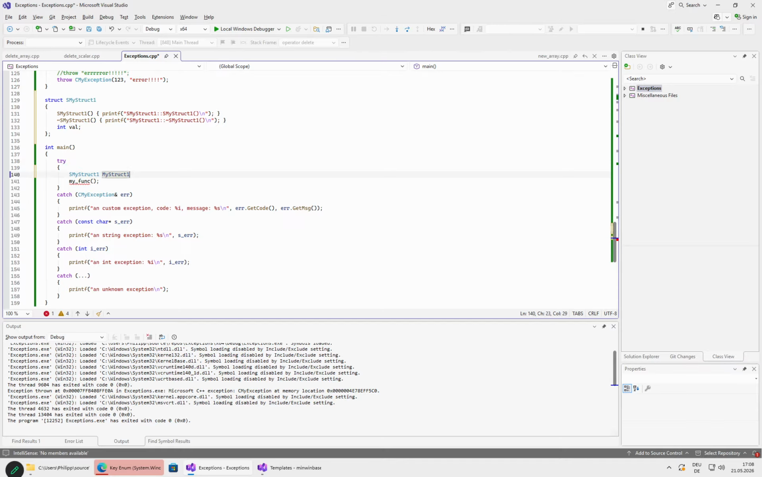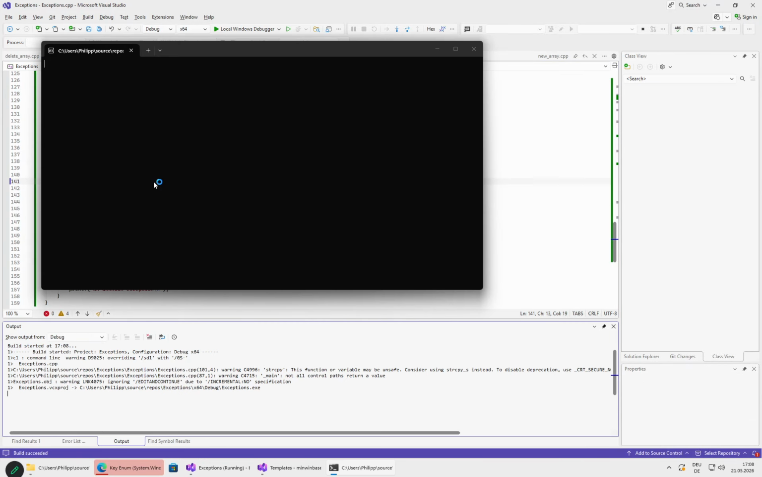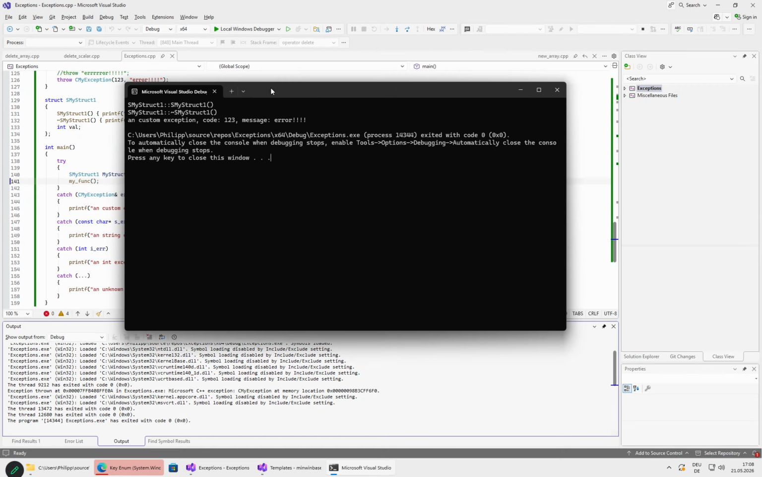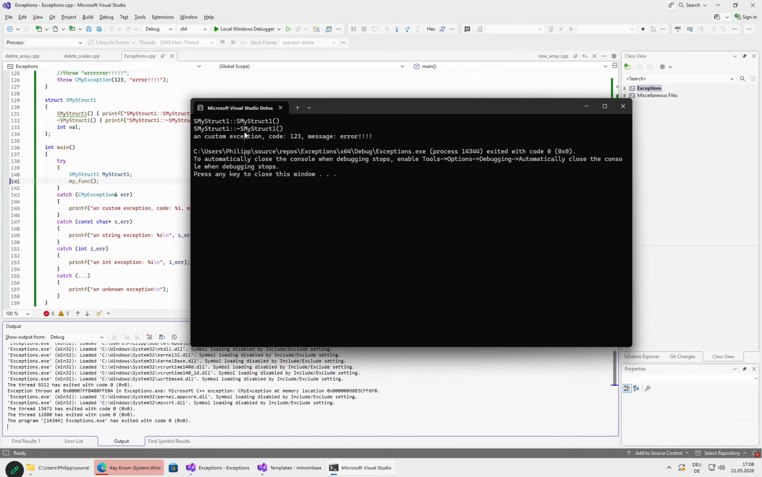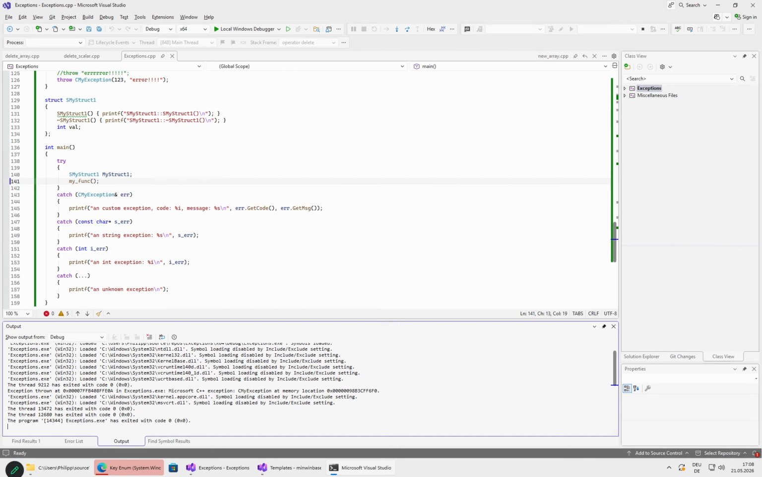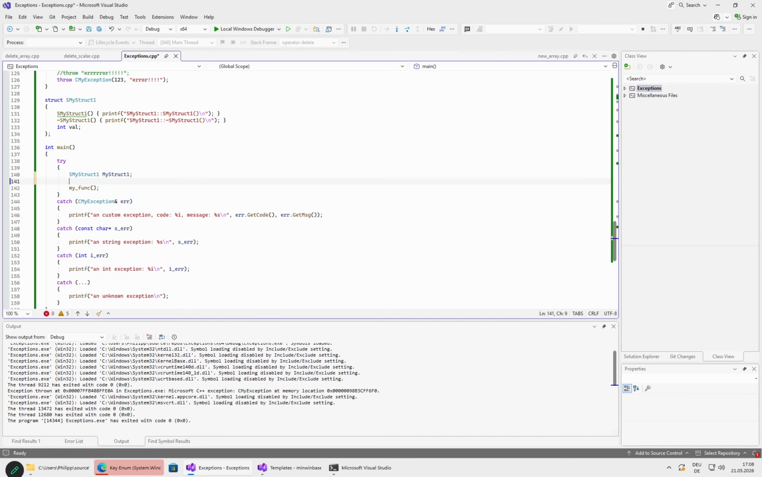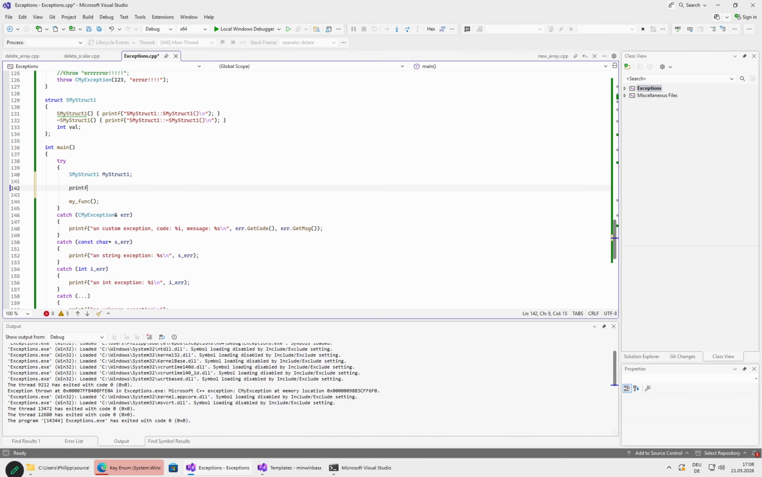Okay, so we create a structure, and then we will be running into an exception. And as you see here, we get the exception handler, and then still the destructor for the structure has been called, even though in principle no code after my func should be executed. So we can here print before exception,